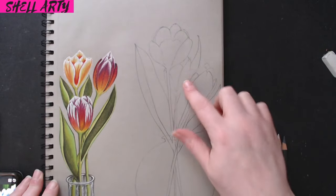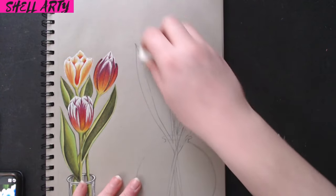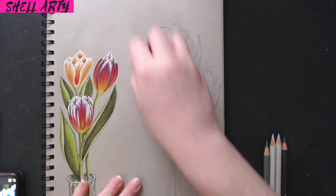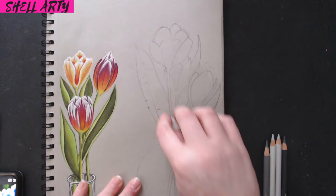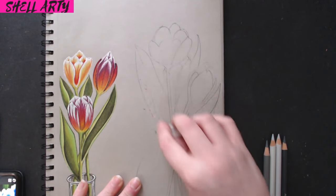Okay, so I'm gonna colour this side now. So let's get on with it. What I'm going to do first, I'm going to rub out these lines just ever so slightly. I'm not going to rub so hard that it takes the